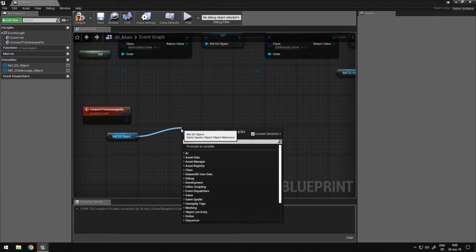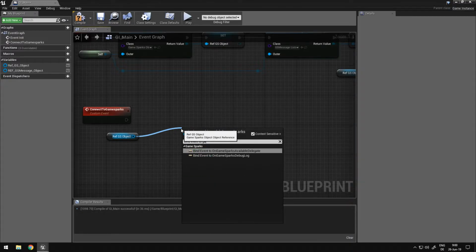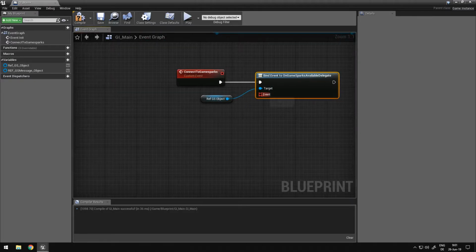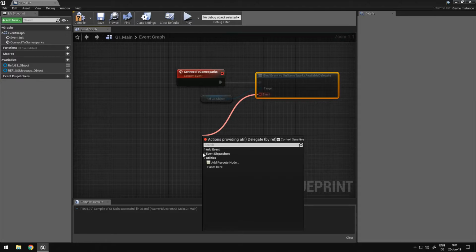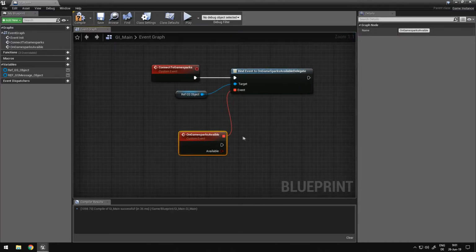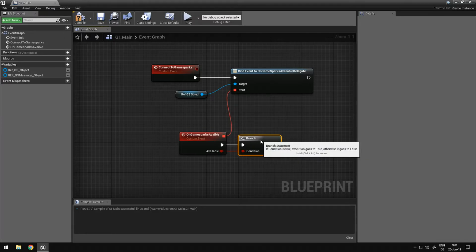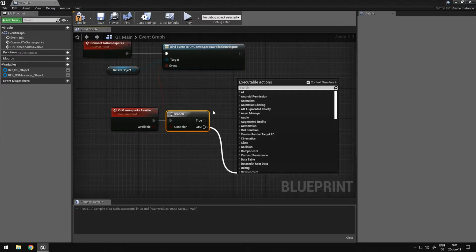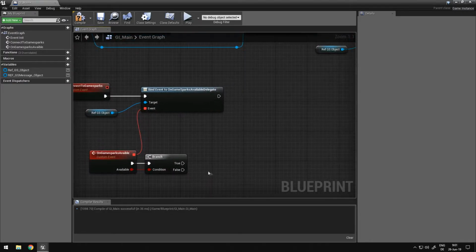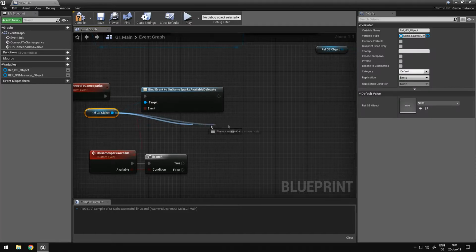Okay, that's the wrong one. Bind event to GameSparks. That's the right one. And what we want to do here is create a function. We're gonna call it on GameSparks available, and we're just gonna set a branch. And when GameSparks isn't available, we can run something, and if it's available, we can run something. We're gonna run something off the true in a second, but for now, let's just take this node and we